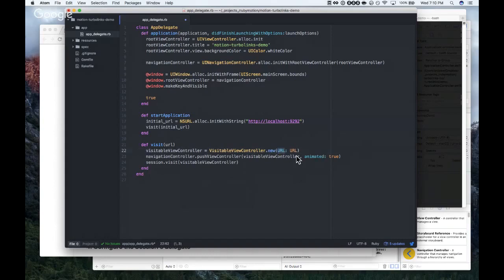Now, it likely subclasses a UI view controller, though, doesn't it? It's possible. Okay. So we'll get that. Yeah.